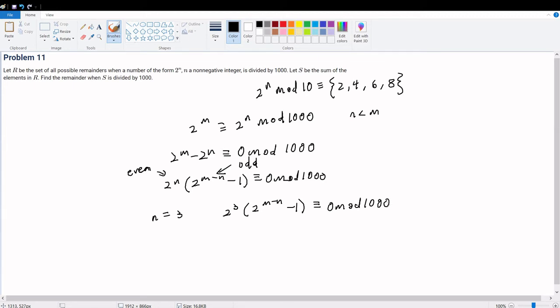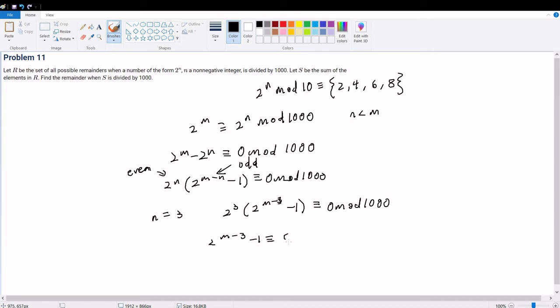Cool. The next step that I would take is to notice that since we have our minimum even factor right here, actually I can replace this n right here with a 3. Since this is already 8, we need at least a factor of 125 from this factor that we found to be odd, rather. And so we get the idea that 2 to the m minus 3 minus 1